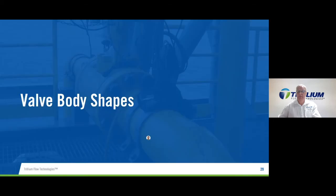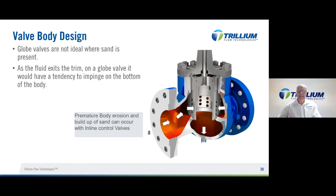What's your opinion about using globe valve bodies when sand is present? And also, if you feel that a globe valve is not the most suitable style, can you discuss what the preferred style would be? Yes, if we think about a globe valve, as I said before, the trajectory of the